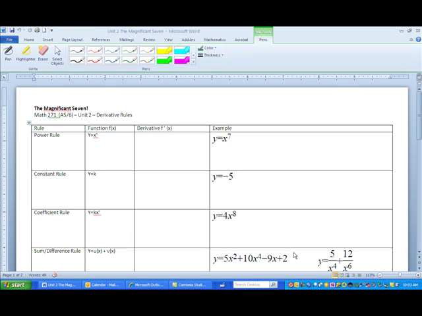We're now going to talk about what I call the Magnificent Seven. There are 7 basic shortcut rules that can be used for finding the derivative of different types of functions. These rules were developed again from that formal definition where you took the limit as h went to 0. And so they give us a foundation, and then all of the other derivative rules that are developed come from